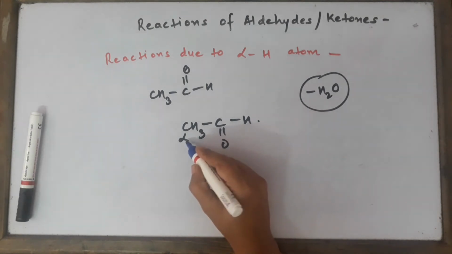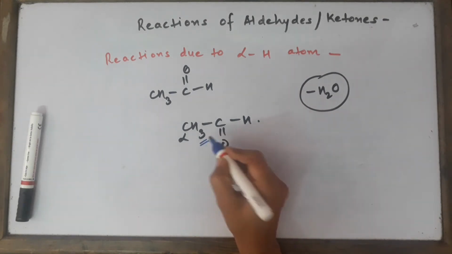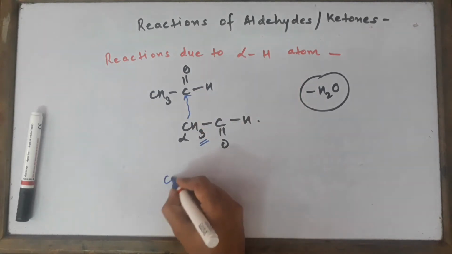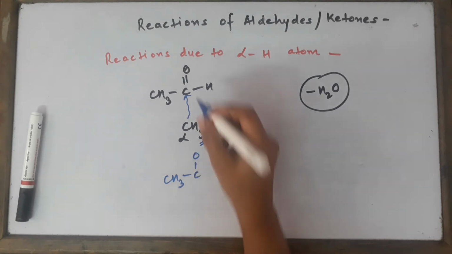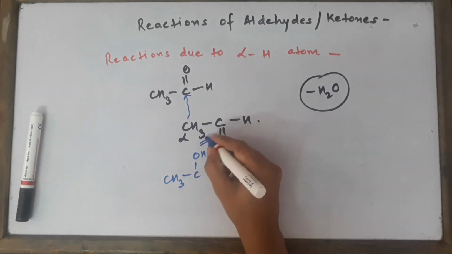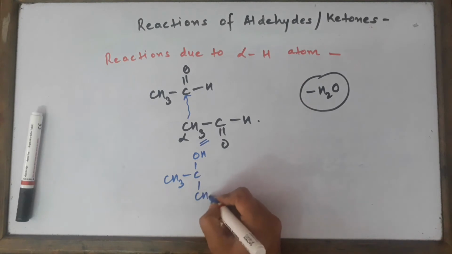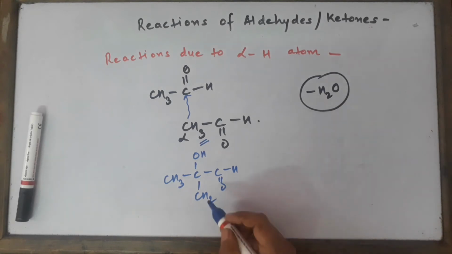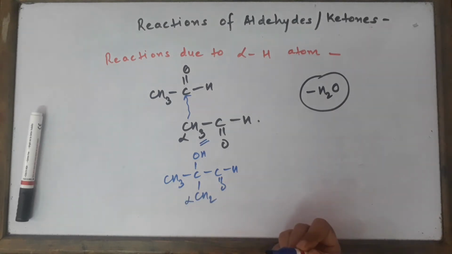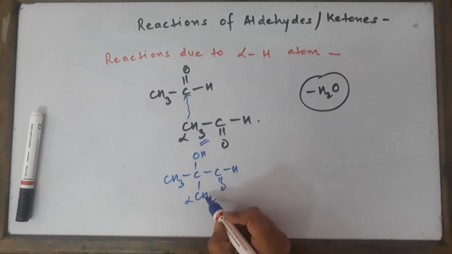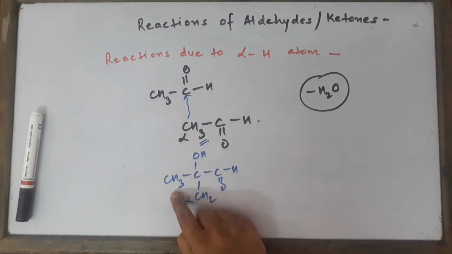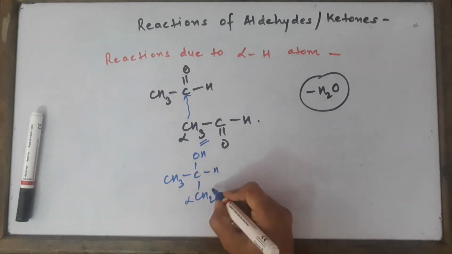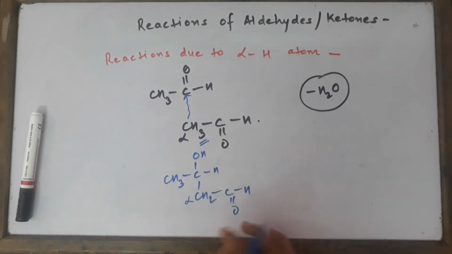First of all, locate the alpha hydrogen atom, remove the first one from here, and this hydrogen will be going over here. So the first product will be CH3CO, and this H we have picked up over here, CH2C double bond OH. Now the time has come that we remove the water molecule. Let's draw the whole structure. We have CH3COH. We have not drawn it correctly, so it's going to be H over here, and we are going to have COH.